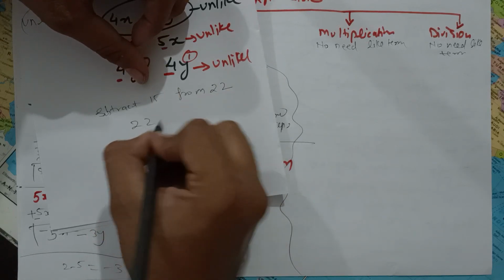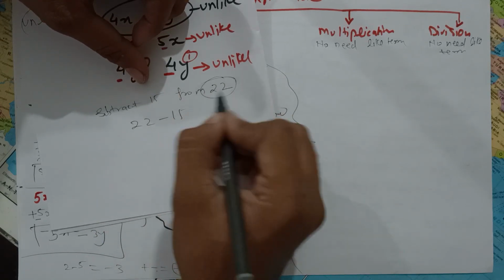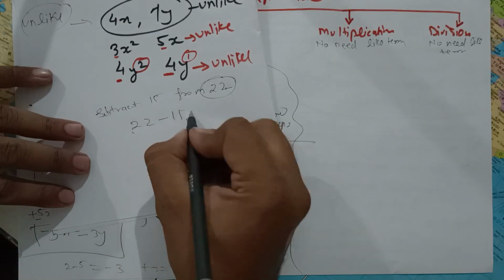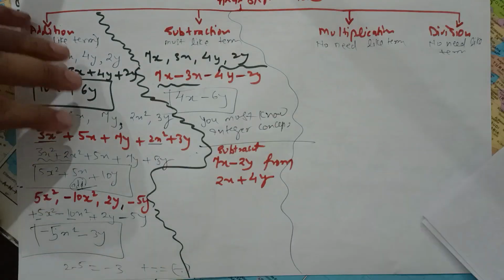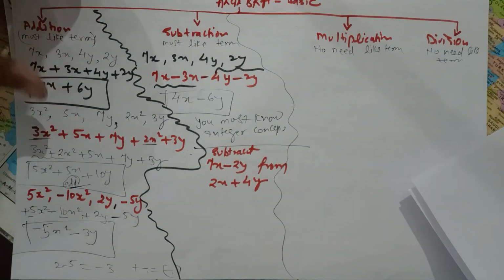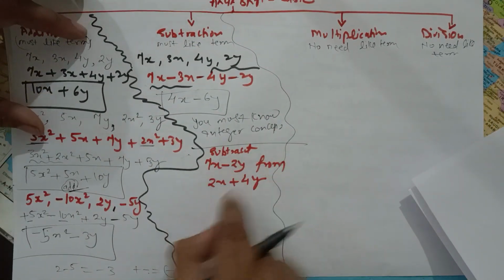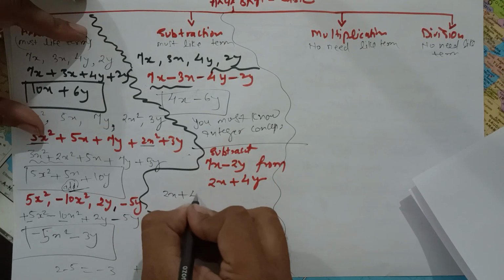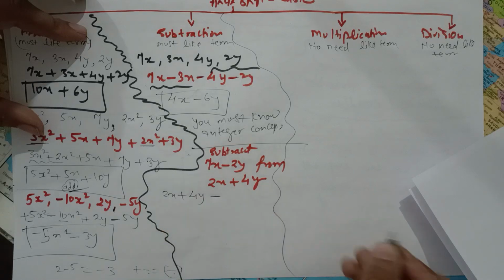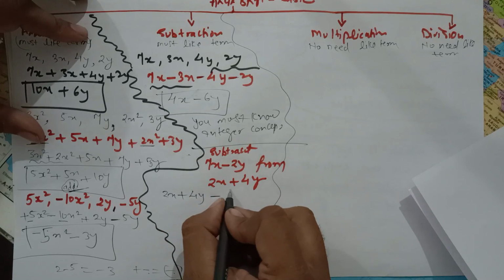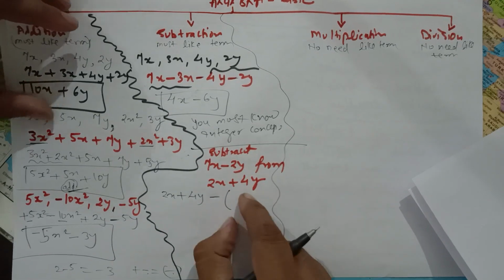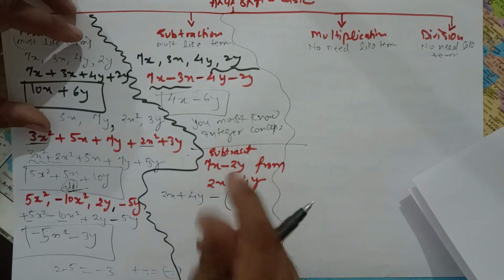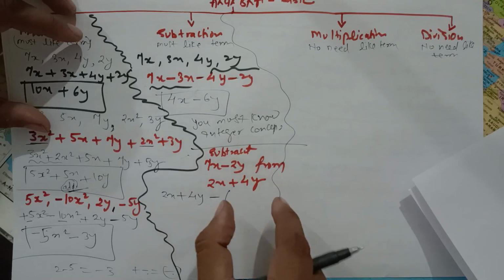How would you write it in math? 22 minus 15. 22 will come first and 15 will come after 22. Then it will become 7. The same way, this question is given, subtract this from this. So what is after 'from'? Write it first, and then put minus and open a bracket. Remember, you have to subtract from this to this. So the number being subtracted will be in the bracket.